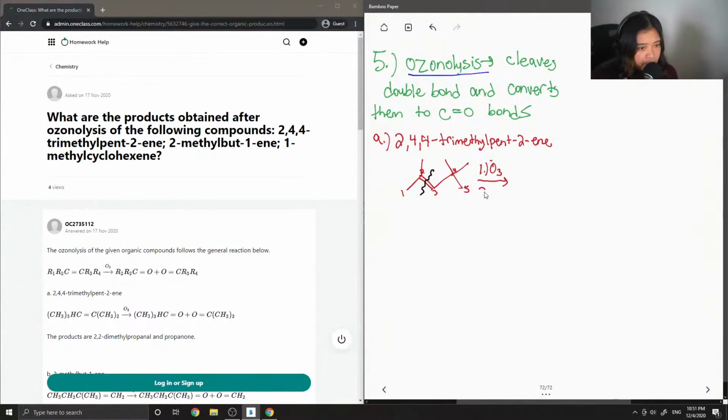So when you have an ozonolysis reaction, the reagents are O3 and just any reducing agent. So I'm going to use dimethyl sulfide. And our two products that are formed are just propanone